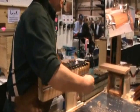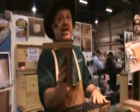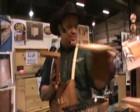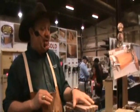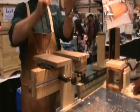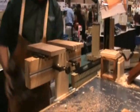Step 3, put in your next router bit and set your depth of cut. Now with our system, it does not matter if you're going to the same thickness of wood like that chest behind me, or if you're going to a different thickness of wood like most drawers. All you need to do is take the board that you cut first, set it on top of your jig. Take another board that's the same thickness, put it right beside it. Put your router bit in your router and lower that bit down till it touches that board. Just like you see that I've already done